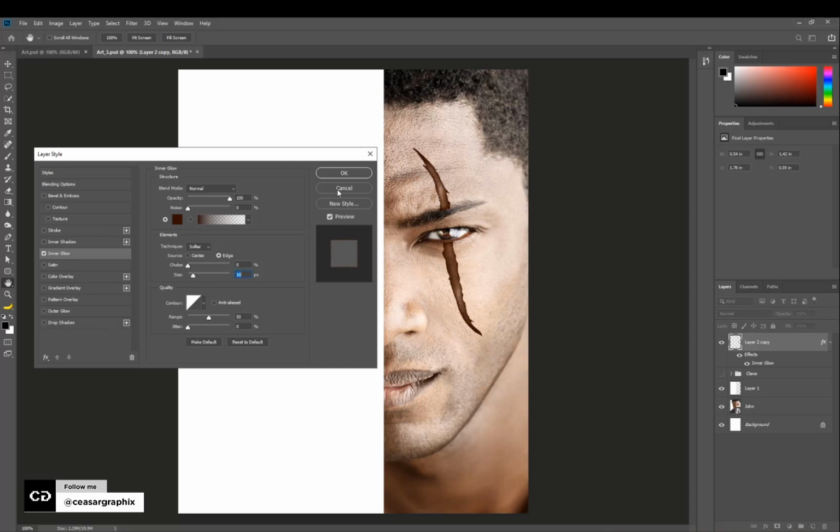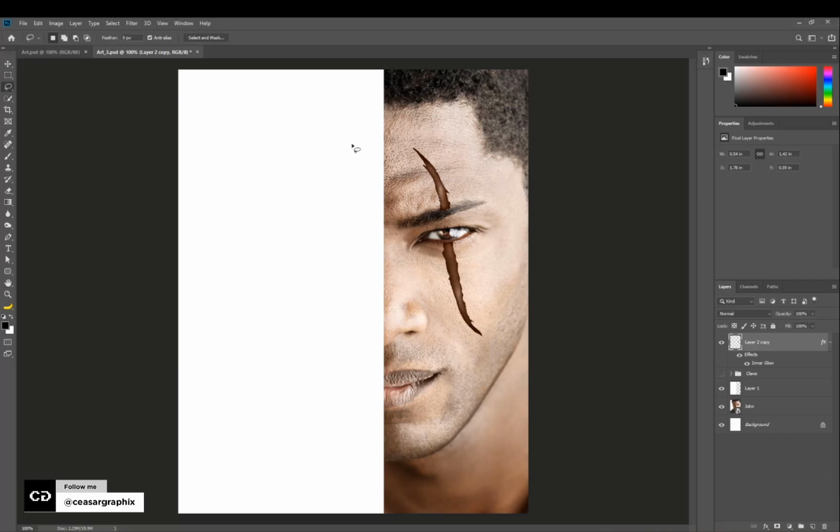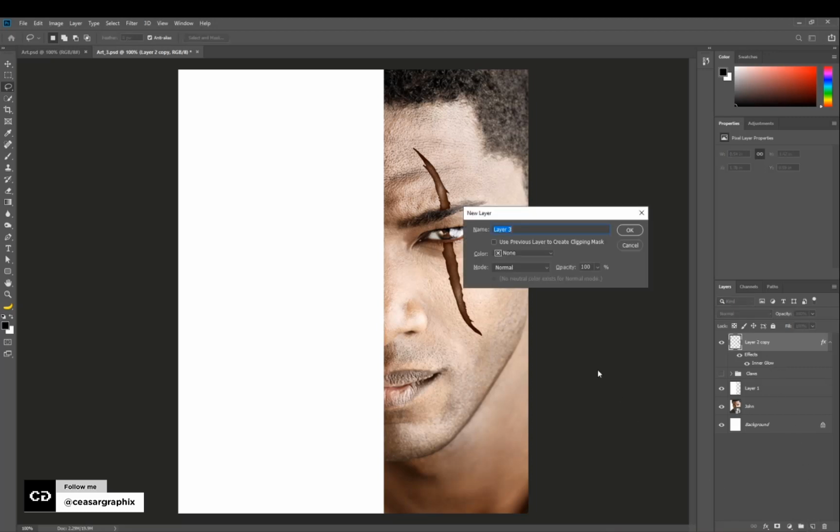Okay, so I'm just going to leave it like this for now. So I'm going to hit OK. Then the next thing we're going to do is to add more shadow to the mark. All right, so the next thing I'm going to do now is to create a new layer. So I'm going to hold Alt and click to bring out the new layer box, and I'm going to call this shadow. So I'm going to hit OK,